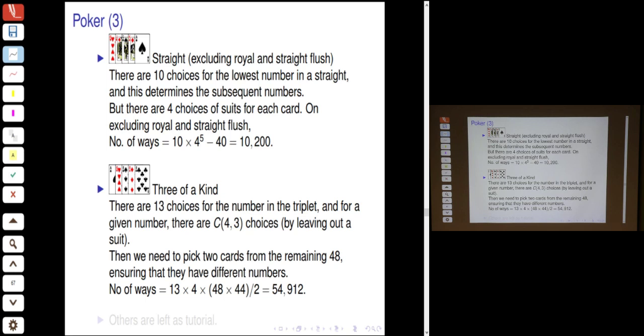So again, there are 13 choices of the number in the triplet, for example, the 8 here. And this is exactly the same as the full house. Right? So for a given number, there are 4 choose 3 of the suits. So that determines the triplets. Now we need to pick 2 cards from the remaining 48. But we have to ensure that they have different numbers. Right? So the number of ways is, okay, so